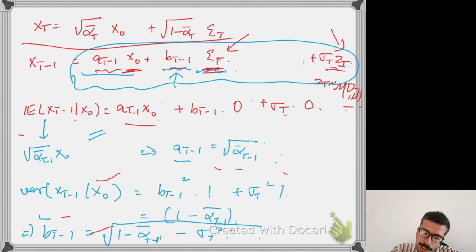Right. So this is how I get a_{t-1} and b_{t-1}. And actually I'm doing this for capital T, but we can do it for any small t also. If I replace capital T by small t, it generalizes. So essentially, putting the two distributions together, the distribution we must choose should be q